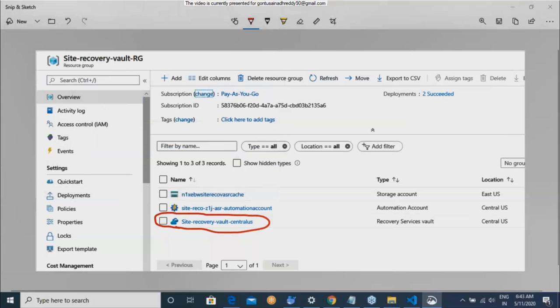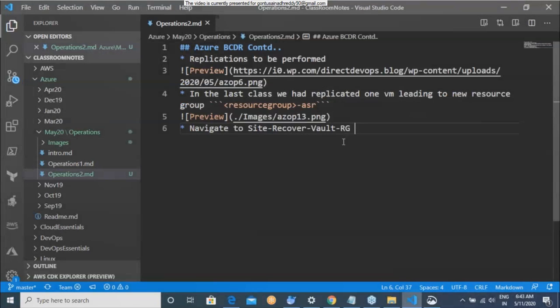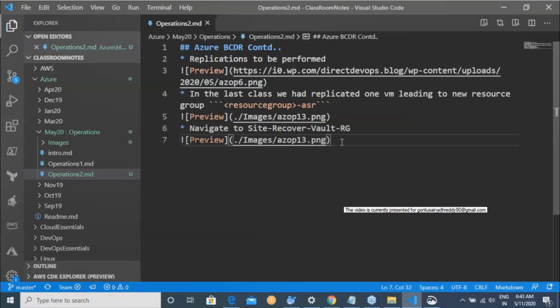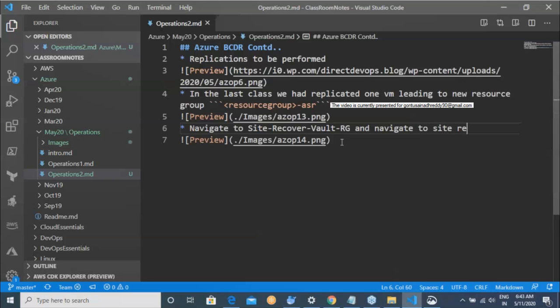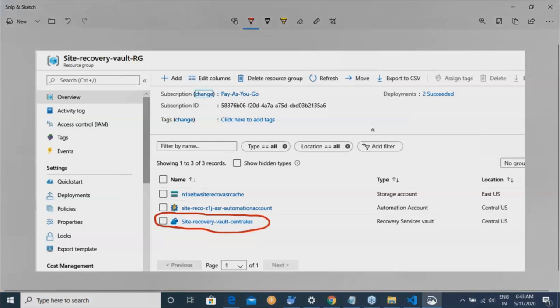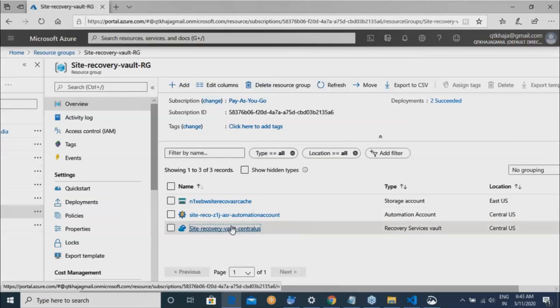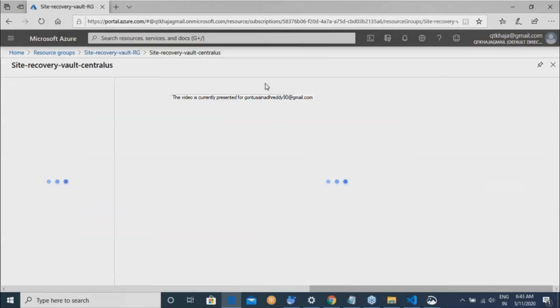Okay. Now navigate to the site recovery vault. Just navigate to this.